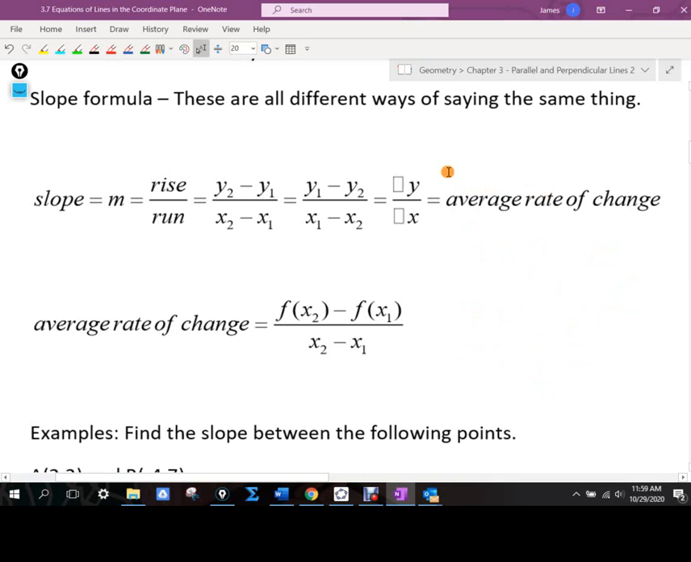Now you might also hear it called the average rate of change. That's another word for slope. Okay, average rate of change, because we're taking a vertical change and dividing it by how many x values that vertical change has occurred between. Okay, so for instance,